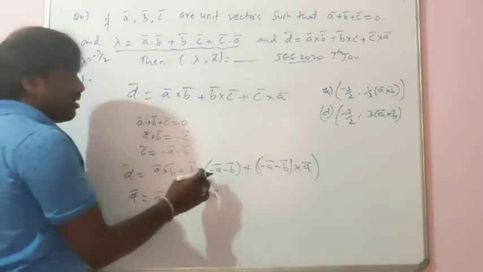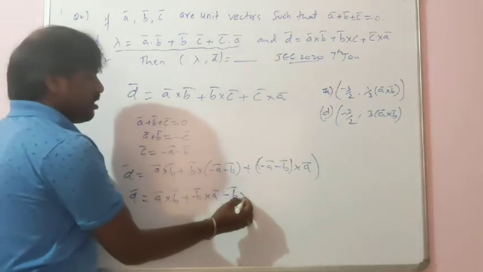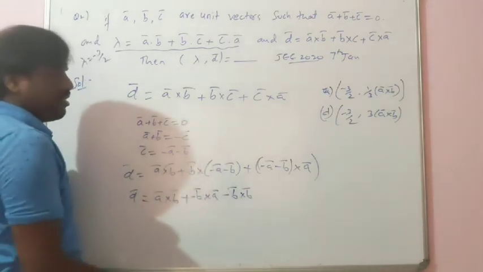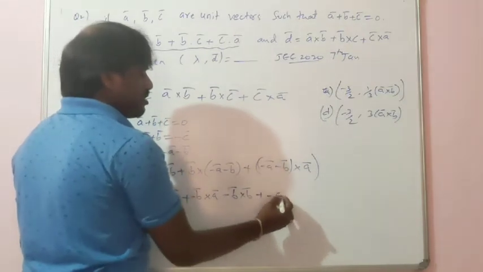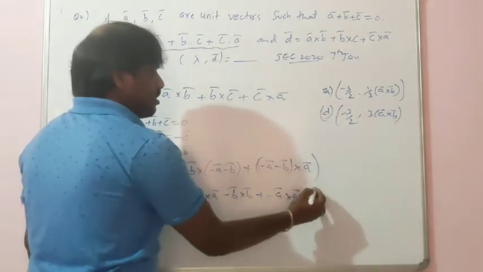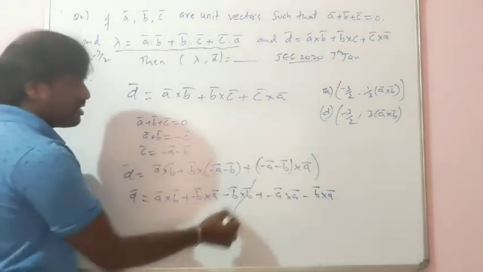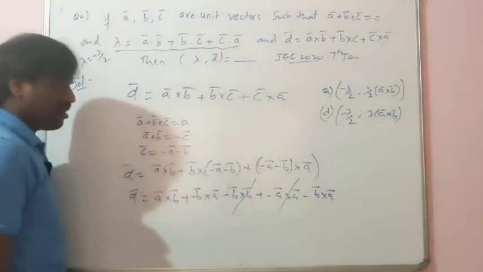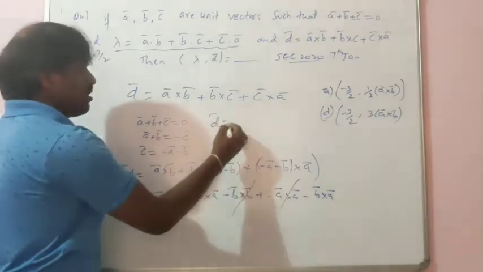And here I am going to get a plus into minus minus, b cross b I will get. Plus, and if I cross this one, plus into minus minus, a cross a I get, and plus into minus minus, b cross a I will get. You know that b cross b is 0, a cross a is 0. Now what I am going to get here, d vector is